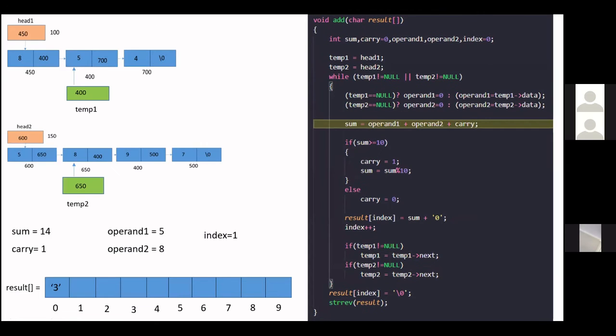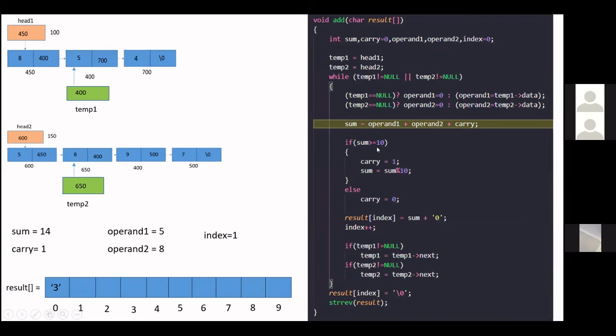Now I've skipped a few slides over here, because we know that temp 1 is not null and temp 2 is not null, so it will go inside and extract the data. So our operand 1 becomes 5 and operand 2 becomes 8, and sum equals to operand 1 plus operand 2 plus carry. Operand 1 was 5, operand 2 was 8 and carry was 1, so our sum becomes 14.